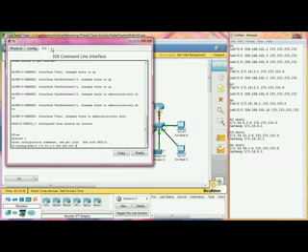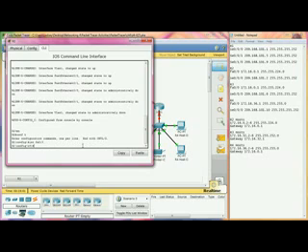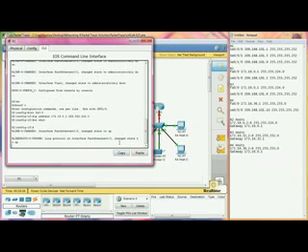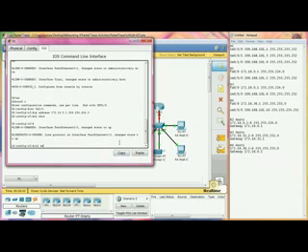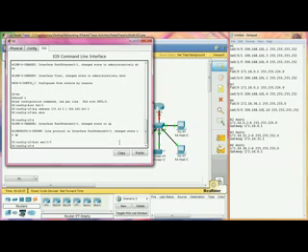What am I doing? Alright, and let's do 0/0/0. IP address